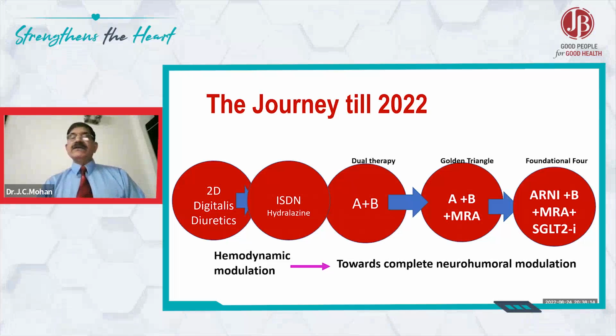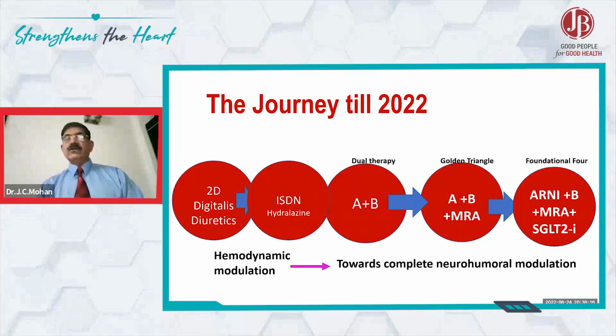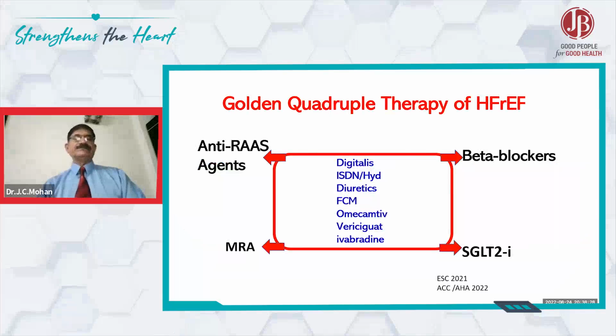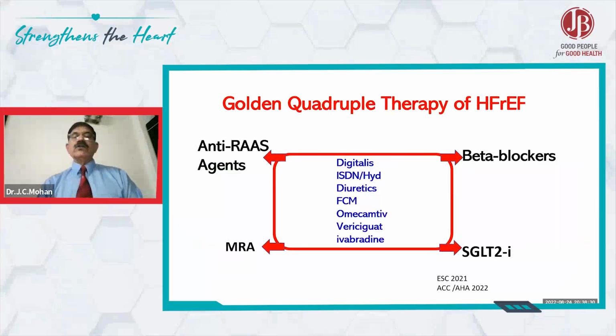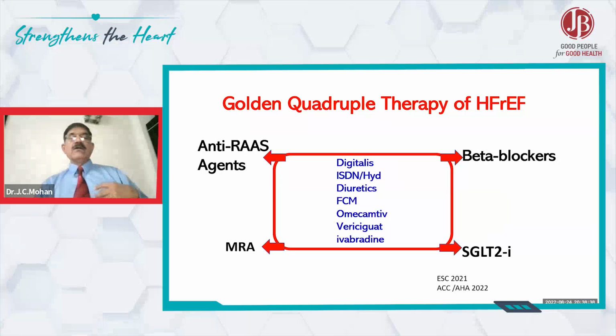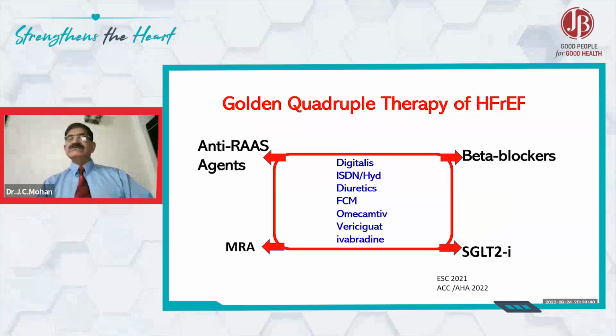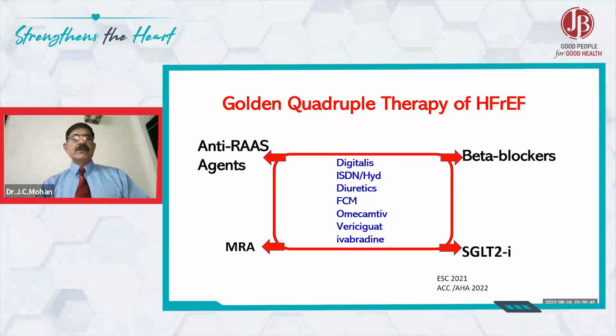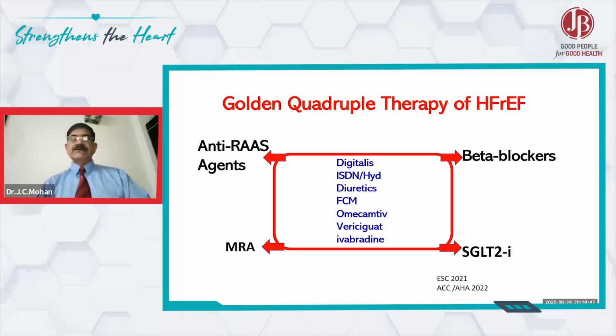And right in the wings are drugs like vericiguat and omecamtiv, and we would soon find the niche for these. At the moment, these have very limited role, but I'm sure we will soon find a niche for these in some patients of heart failure. So this is the golden quadruple therapy of HFrEF as suggested by European and American guidelines of 2022 and 2021. 4 corners: anti-RAS agents, which are ACE inhibitors, ARBs or ARNI, beta blockers, MRA or aldosterone antagonists, and SGLT2 inhibitors